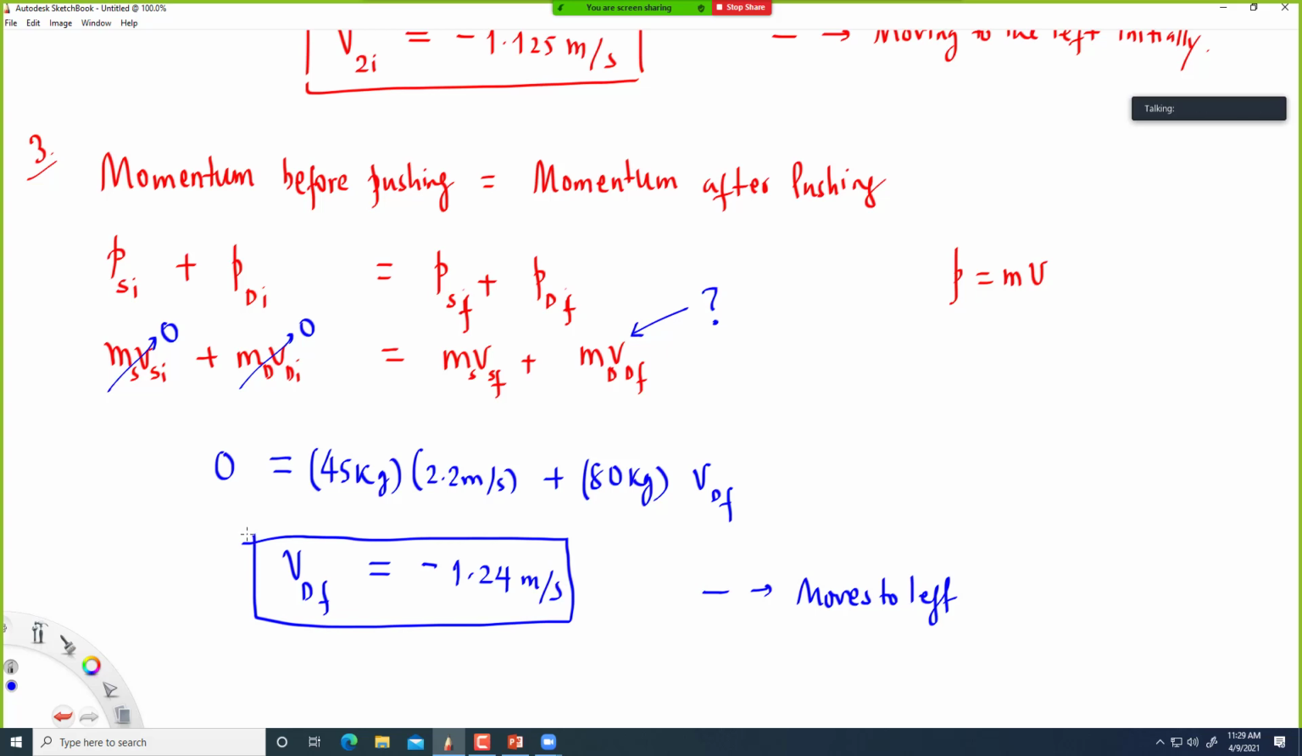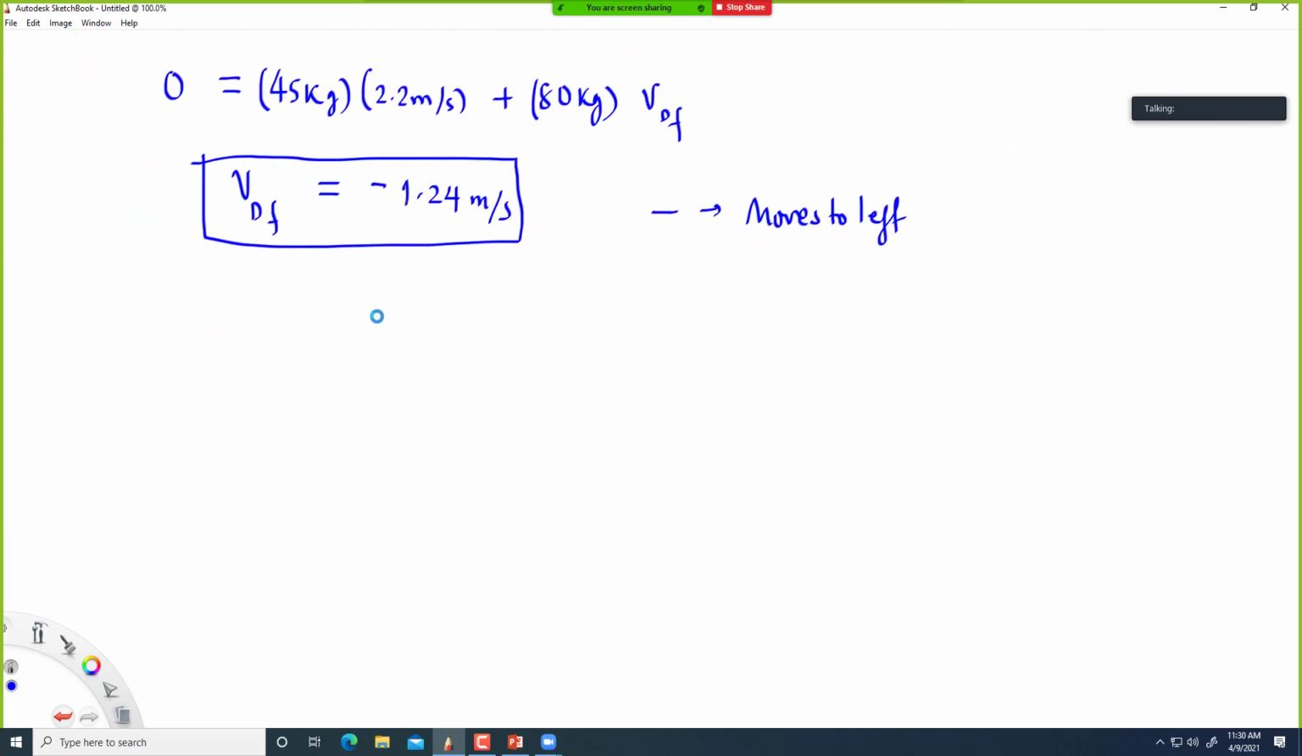Okay, now let's look at this two-dimensional problem. So far we saw the motion in one dimension or conservation of momentum in one dimension. But now let's see how we solve the problem when it involves more than one dimension. So number 4. So we have two objects